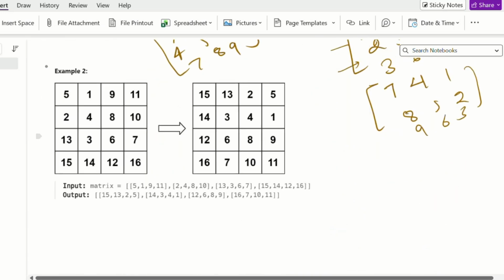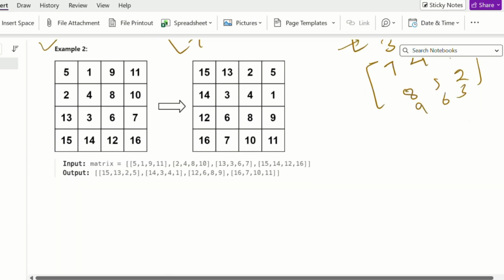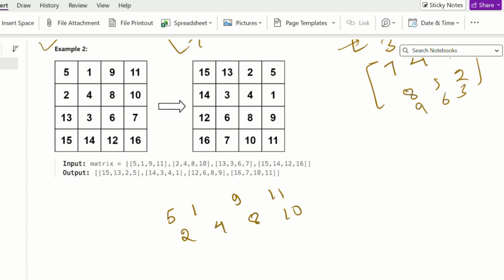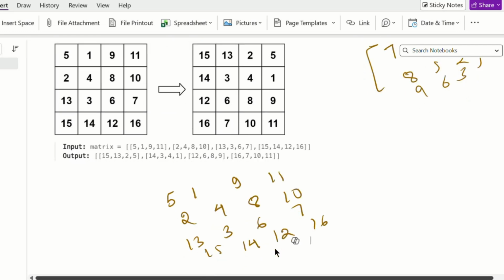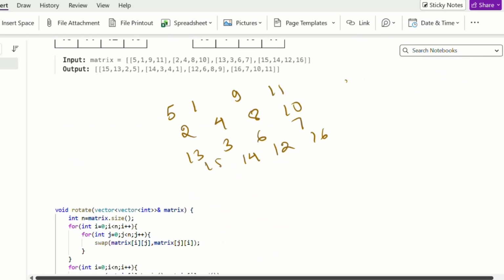Now for better clarity, we can do a second example: 5 1 9 11, 2 4 8 10, 13 3 6 7, 15 14 12 and 16. Our first step is to do the transpose.